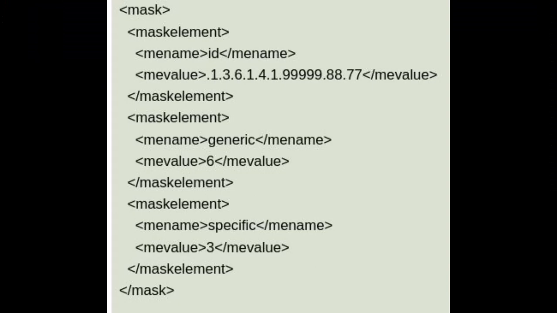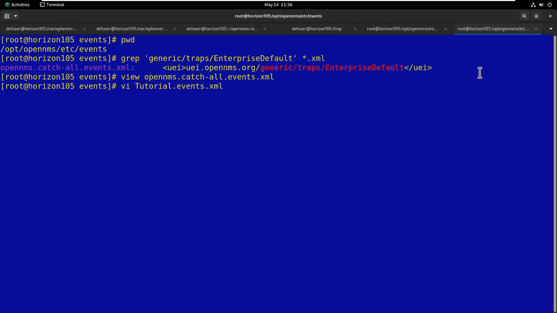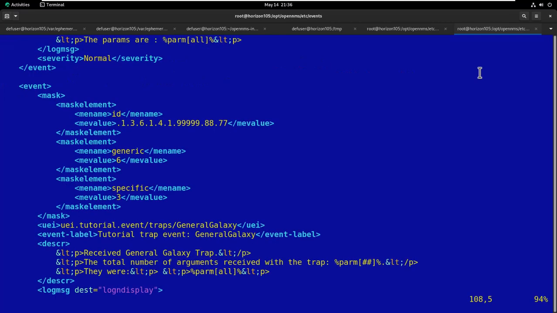This is the mask suggested by generic/traps/enterprise default for the trap sent using the private enterprise ID of 9999. Recall that the ID was 1.3.6.1.4.1.9999.88.77.3. Note that the 3 becomes a specific mask element. Edit Tutorial.events.xml. Without wasting time for the actual editing, this shows the completed event definition for the UEI,